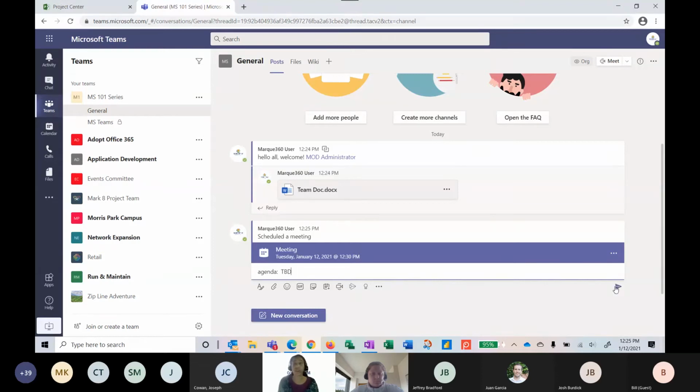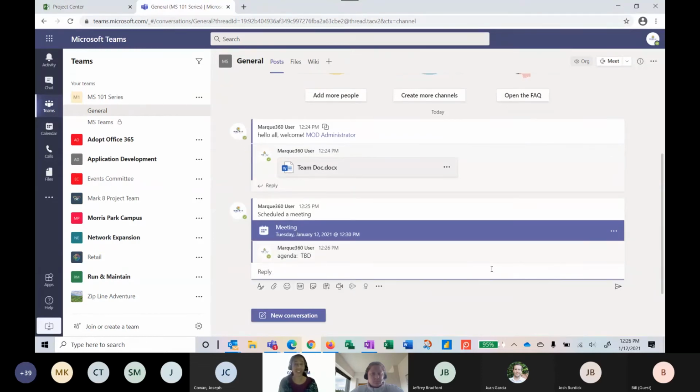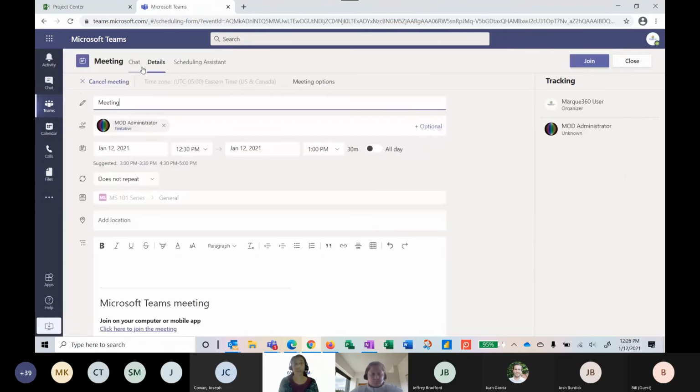And then during the meeting, if we decide to chat, that conversation will be captured here. And even after the meeting, if we decide to continue this chat conversation, that will be saved along with the meeting. To see the meeting details, we can click on the meeting here. Notice that there's a chat